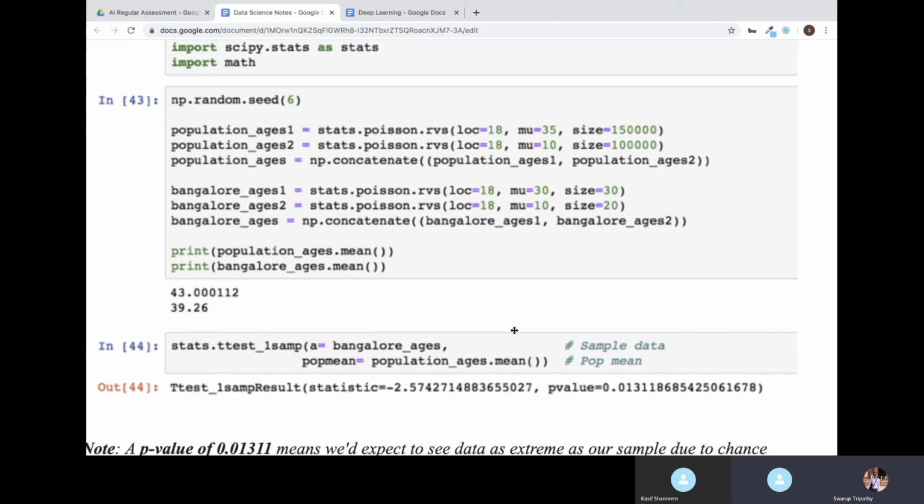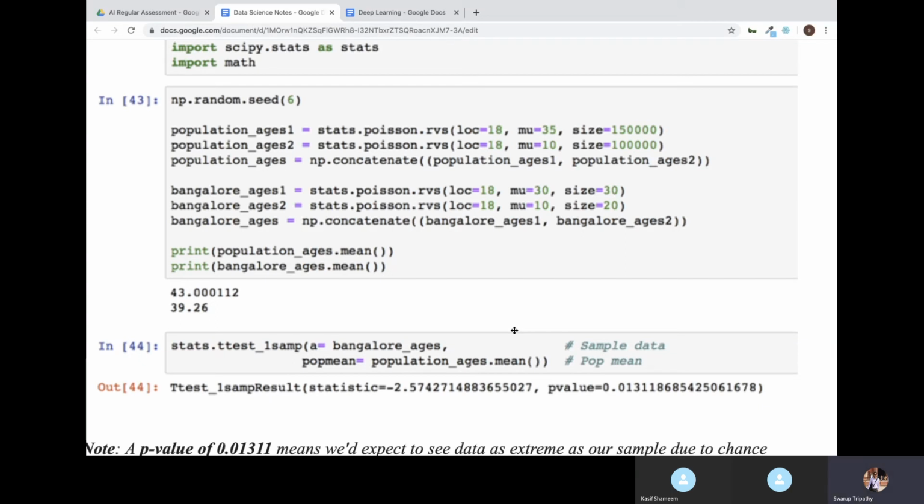Significance value is what we have to set every time. Statistics doesn't know what significance value we are comparing. That's where we have to put our intelligence, saying okay, this is my significance value, and whatever p value our test is giving, we have to compare that p value with our significance value. Then we decide whether we should reject or not reject the null hypothesis.